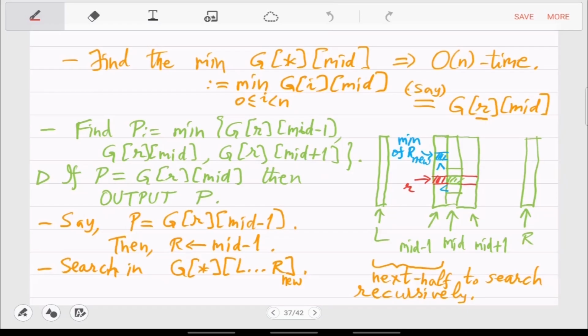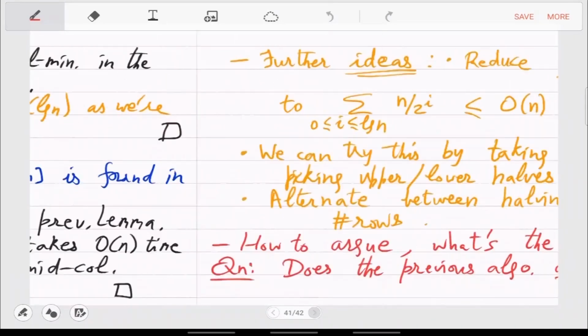For example, there may be stupid things like this red cell, or the red or the blue ones, maybe both of them are lying in the bottom half, but you decided to pick the upper half. So when you pick the upper half, the bottom half condition is now lost. When you halve this by the middle row, you may actually lose the invariant which was true before. So this is why you can't have two different invariants acting independently. One will actually try to stop the other. So you want an integrated invariant which works for all.